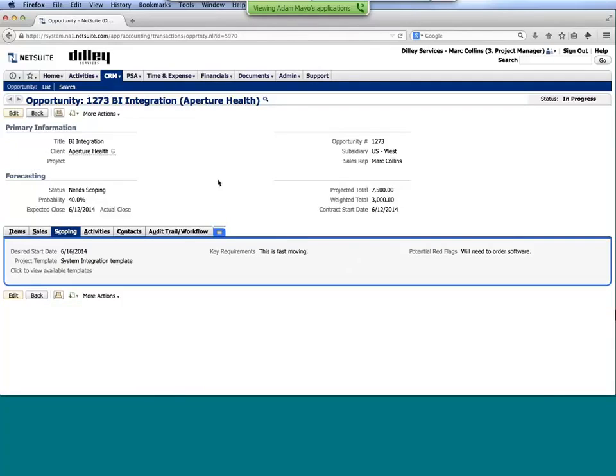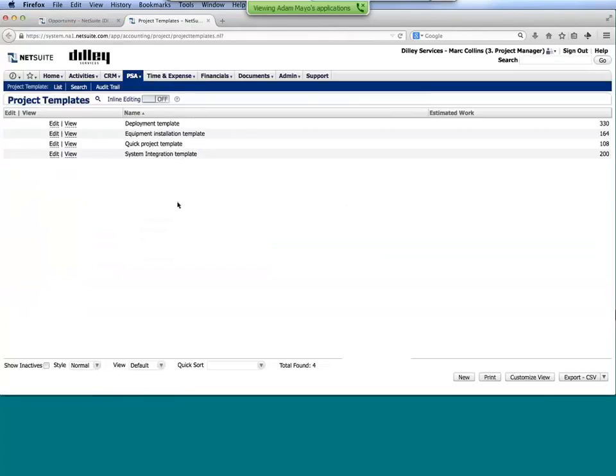All right, they're going to be moving quick. We've got to go in and scope out what the project is going to entail, what that's going to look like. And so from here, I can go in and say, all right, I need to go in and build out a project. Now, I could do that from scratch, or what we could do is click on our available templates. And so here we now have the ability to create project templates. And this really allows us to standardize our project creation process. You can have as many templates as you'd like.